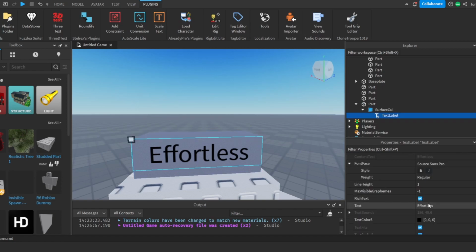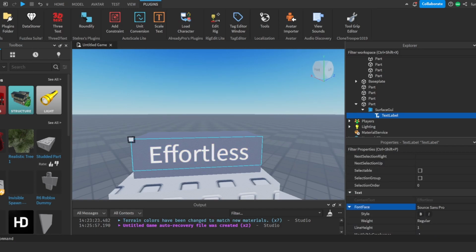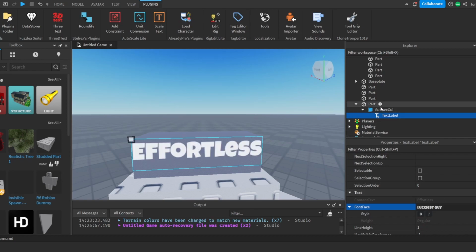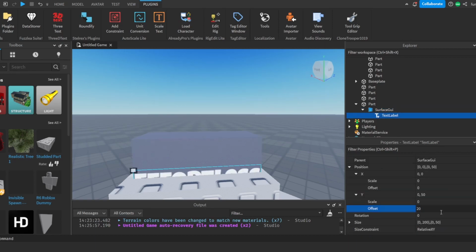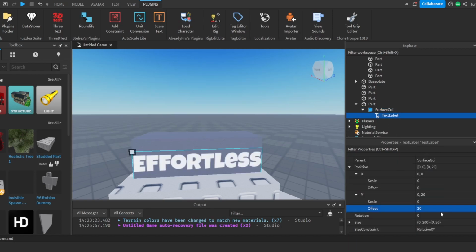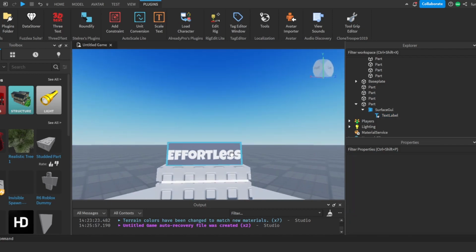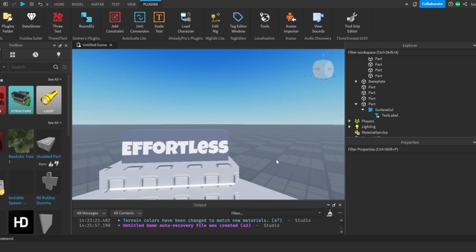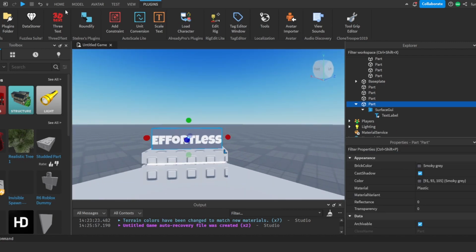So I'm gonna select the text label again and make the text color 3 white, and maybe change the font to something like Luckiest Guy, which is more cartoony and fits the style of the game. And I'm going to add a value to the offset of something like 15, which is going to center out the text. So as you can see, we got our first text here,